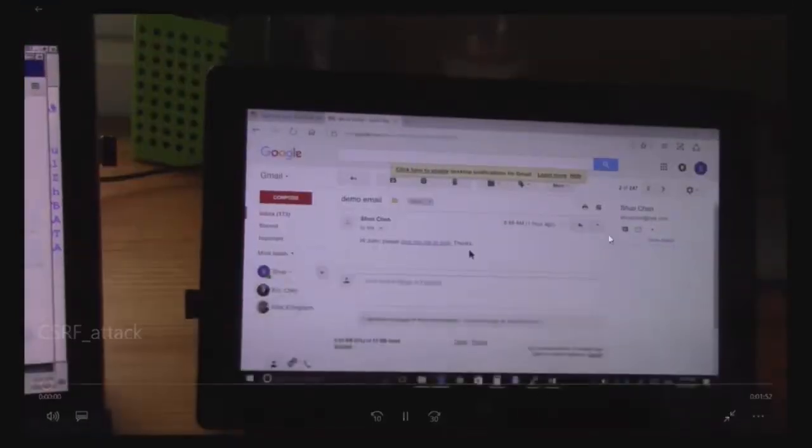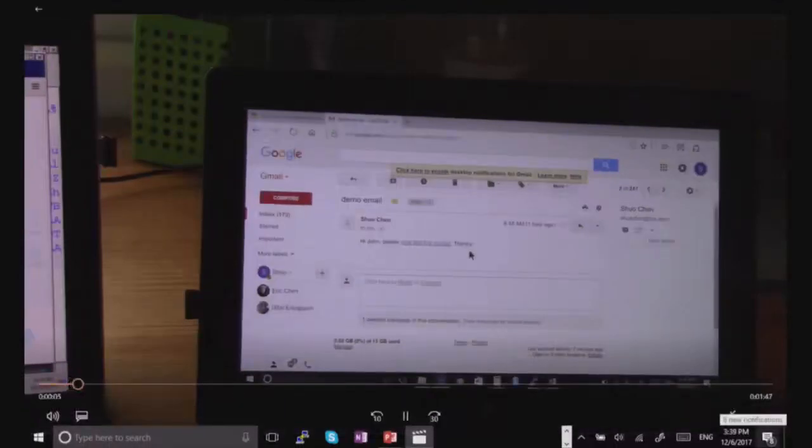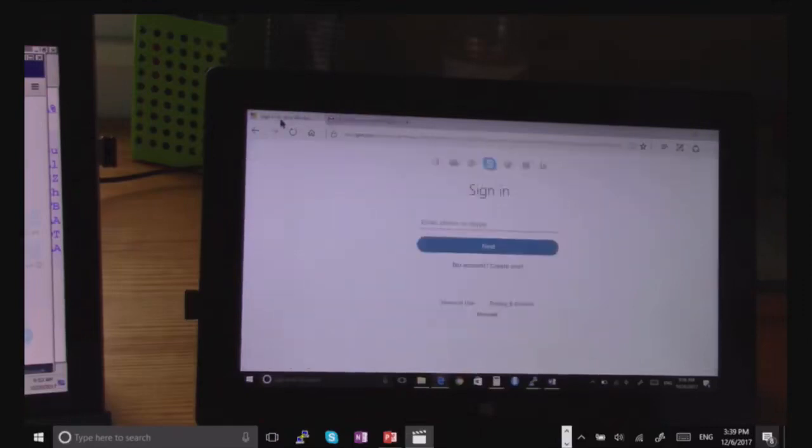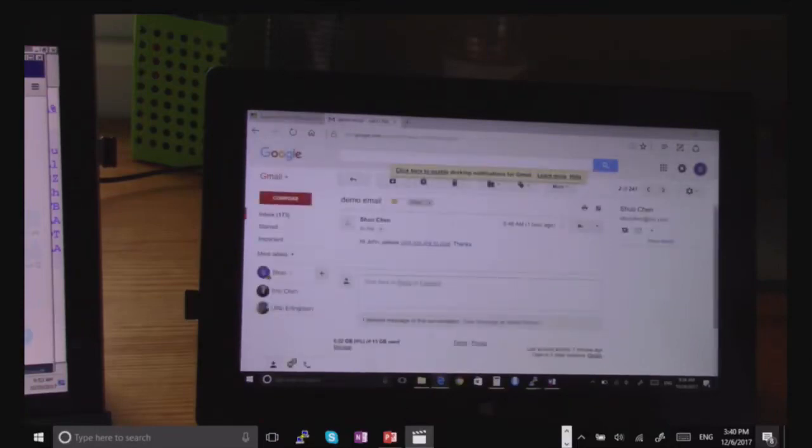It caused a victim to... now I'm going to show you the attacker's account. Login forgery problem. So now suppose this is a victim machine, and the victim received an email. Now I'm going to show you that at this point, the victim has not logged into the account. But if the victim just clicks on this link,